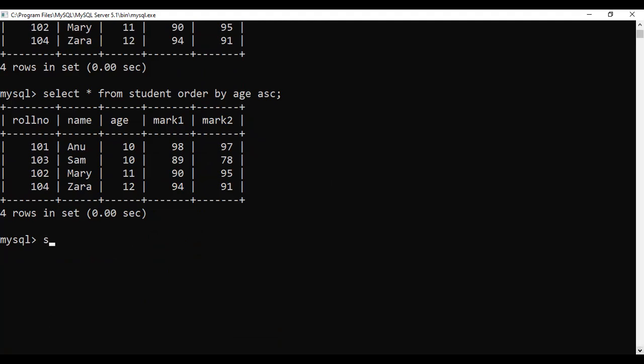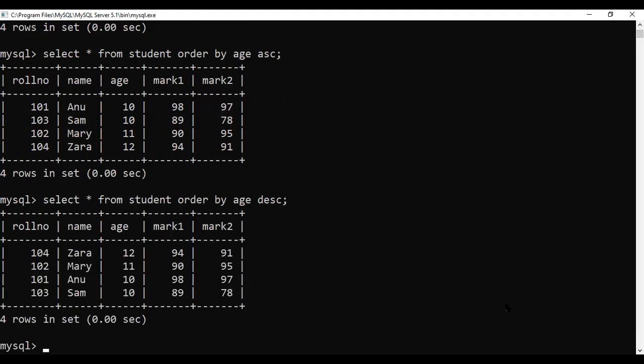Now select star. Suppose I want to sort in the descending order, we have to use the keyword DESC. So it will sort the table according to the descending order of age. I want to sort in the descending order of mark 1. What will we do?